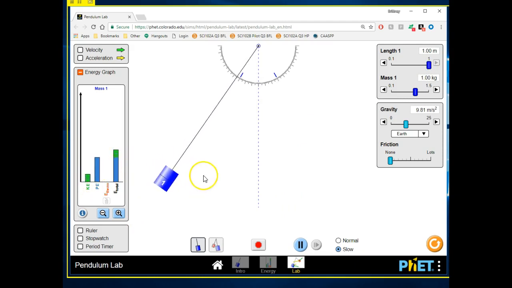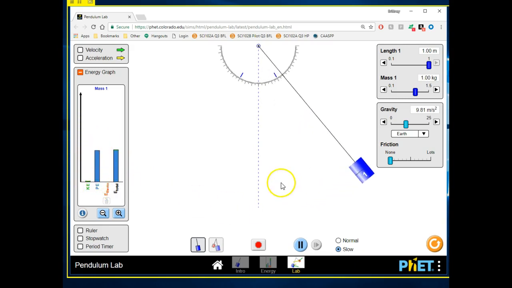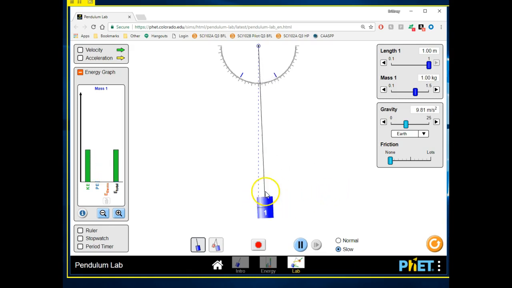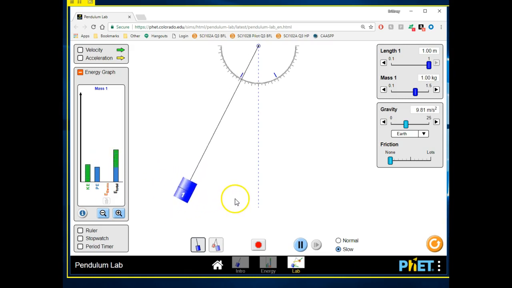When we are at the very center, tell me, do you see more green kinetic energy or blue potential energy? Once it gets there, tell me, do you see more green kinetic or blue potential? What did you see at that moment? Again, ready, get set, and now tell me what you see in the graph. Once more, it's coming back. And now, yes, you should be able to see more green kinetic energy.